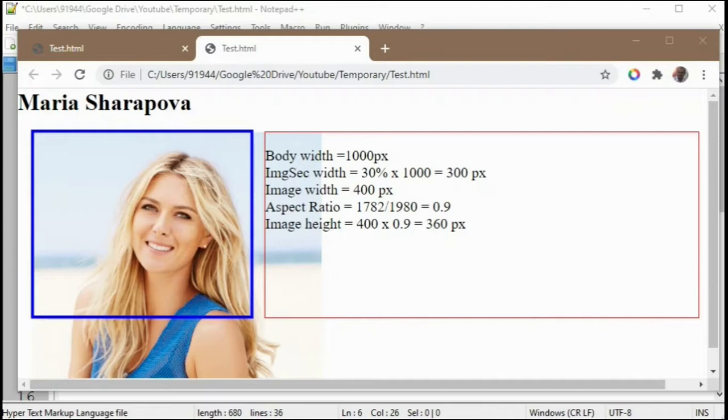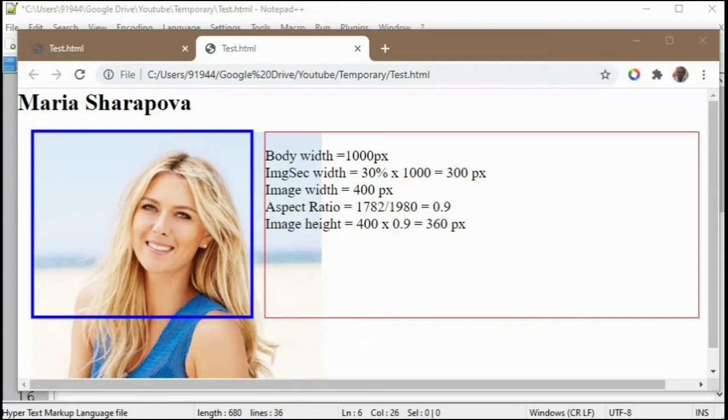You can see that the image came out from the division area since we have specified the width as 400 px. You can see how it will calculate. We specified in the CSS code our body width as 1000 px and image section width as 30%. It means 30% of 1000 is equal to 300 px only. This width will be 300 px only. But we mentioned image width as 400 px, so that 100 px came out from the division section.